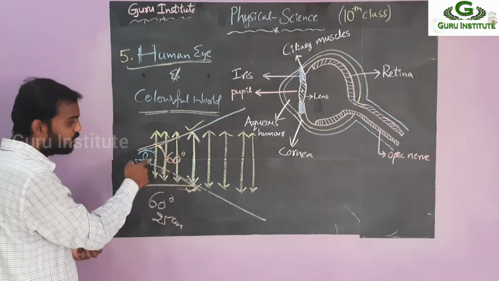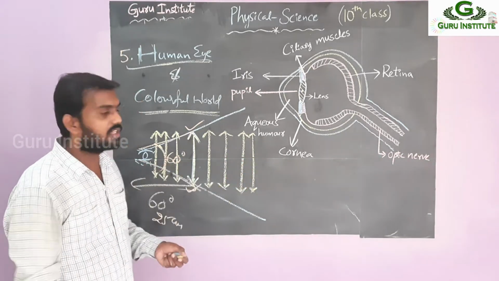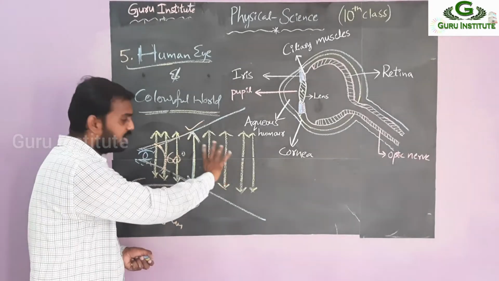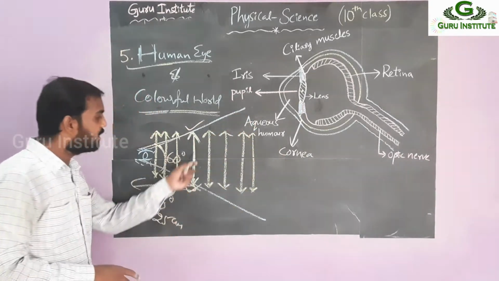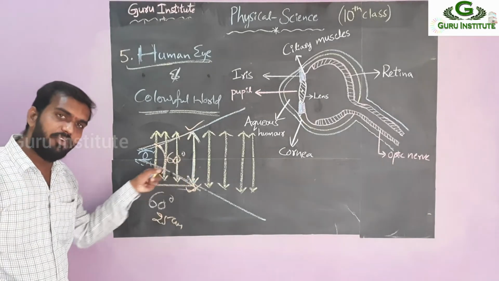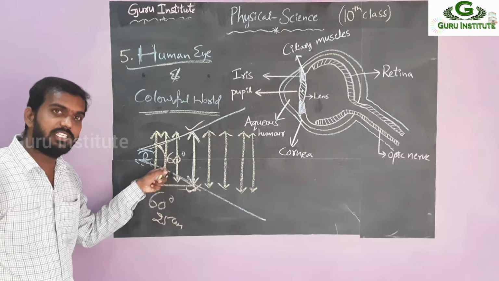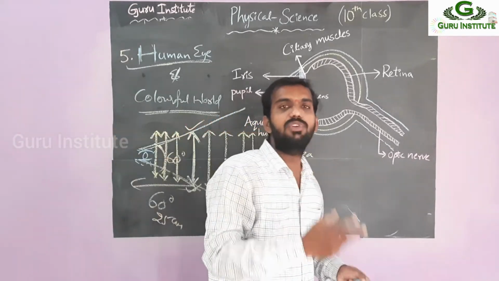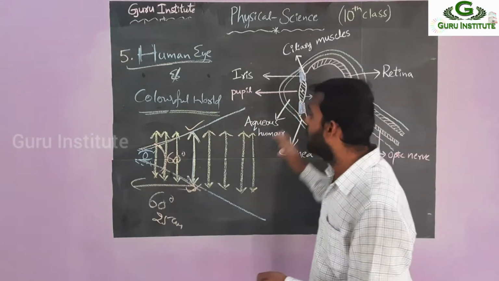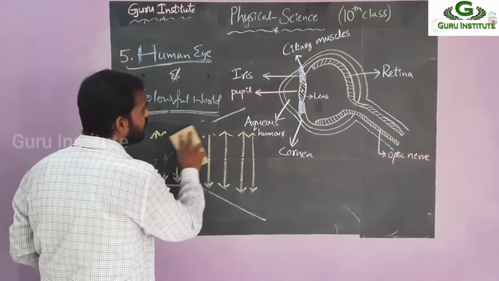So here, before this point, the angle is more than 60. After this point, the angle is less than 60. That's why if the angle is below 60, you can see the total image and the objects also. But before this point, the angle is more than 60, so you can see only some part of the object. So this is about our vision. Now we have to see what our eye is, how it is utilized, and what happens in it.